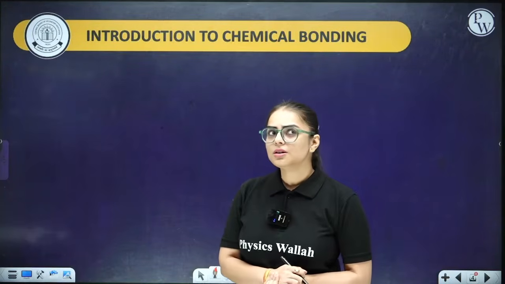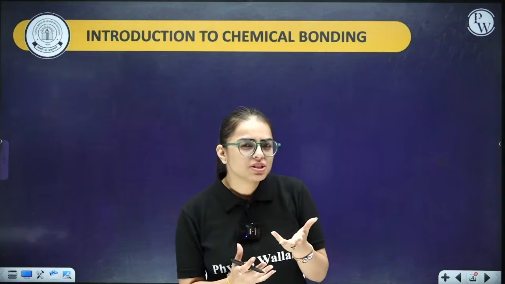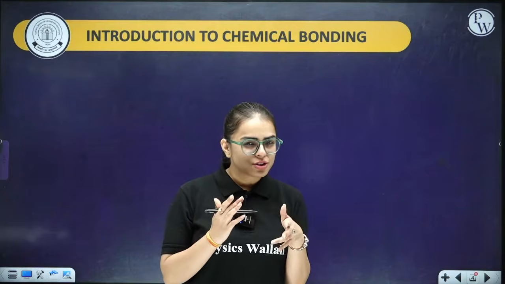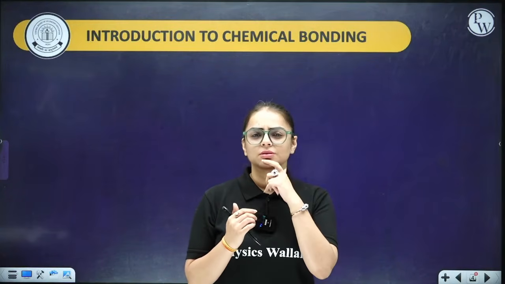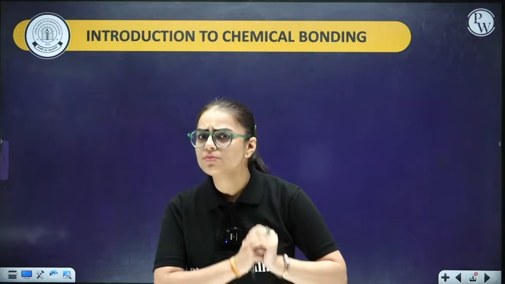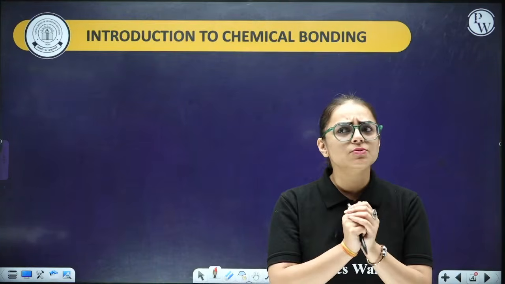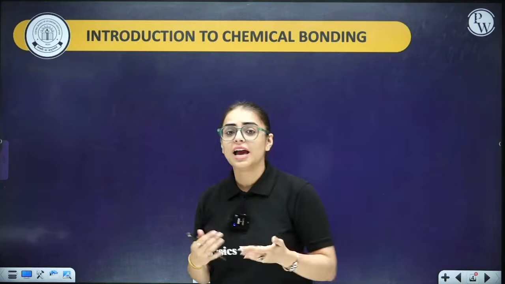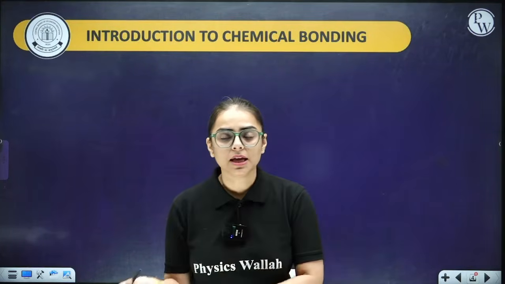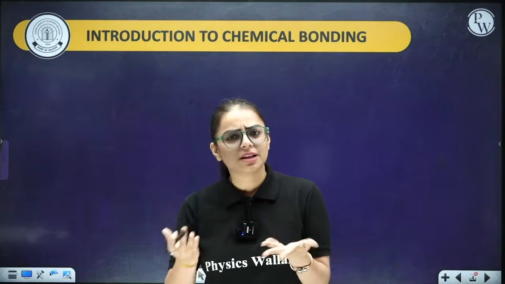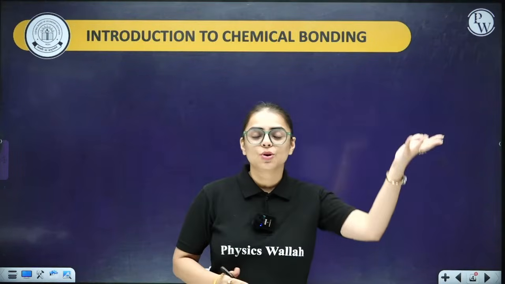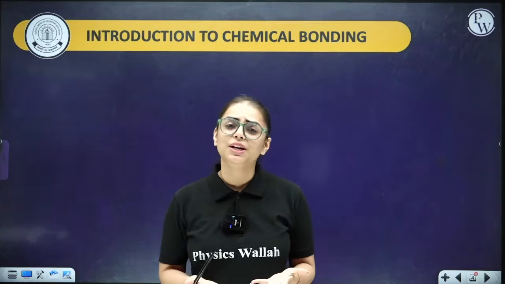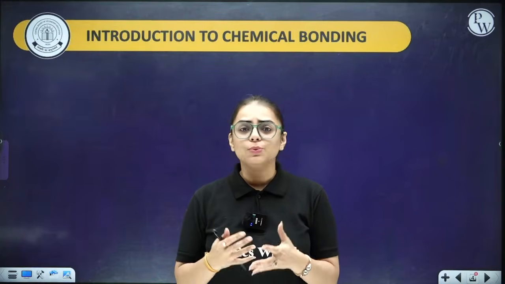See, the word chemical somewhat says about chemical reactions, ma'am. And bond is something where there is some kind of attraction, or a line between two atoms, or a thread between two atoms. But ma'am, in books we have seen, for example, if it is written A and B have a single line in between, that is a bond. No, students. Thread is not a bond. Line is not a bond. What is a bond? Bond is basically the attraction between two atoms. Sort of bonding between two atoms.